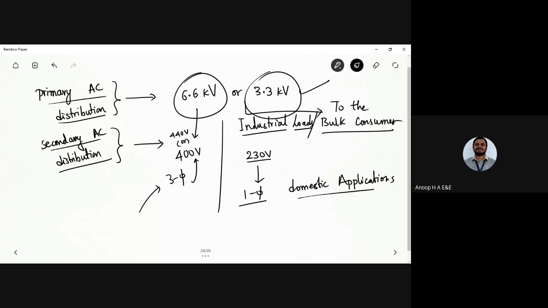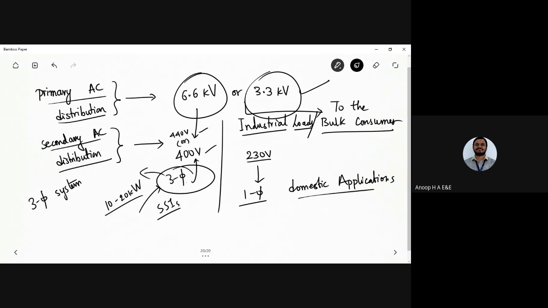And this one is for the small scale industries or the small machineries, in the range of 10 to 20 kilowatt that we consider. So that makes use of the three phase supply. Okay, so to drive the motor or the power requirement, we will be making use of the 400 volt and 440 volt. Okay, so this is the AC distribution, where a three-phase system will be used.